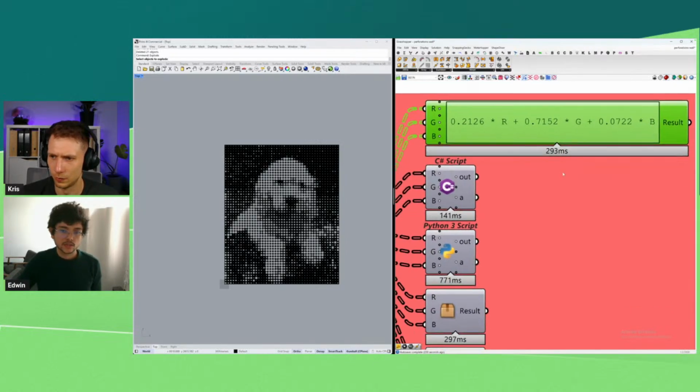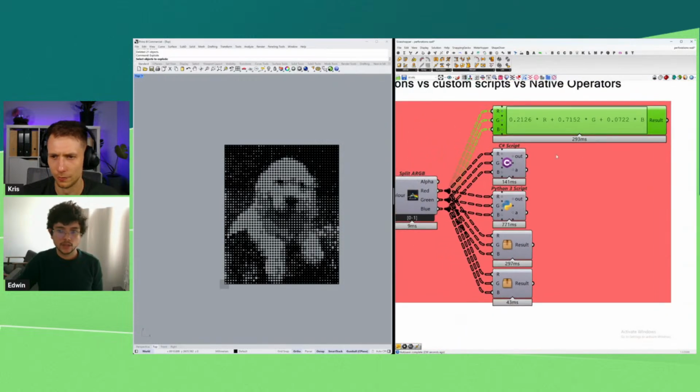And then I try to do the same operation but in different ways. As you can see, we have different results. If you use an expression, it takes 293 milliseconds, but you could get to the same result with just 43 milliseconds. What's the difference? First, an expression takes more time because the first thing an expression needs to do is interpret, to figure out what it is that you wrote here. You are not explicitly telling it, you are writing an expression. So the first thing is to interpret what you have there, and that's why it takes more time, and then it actually does the operation.